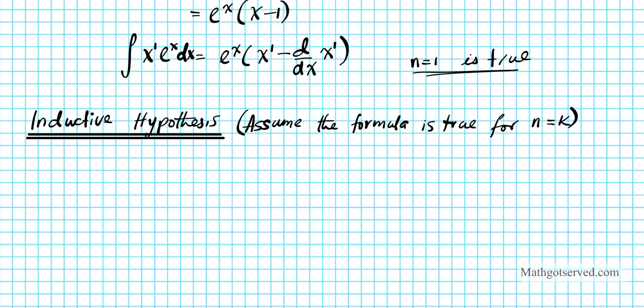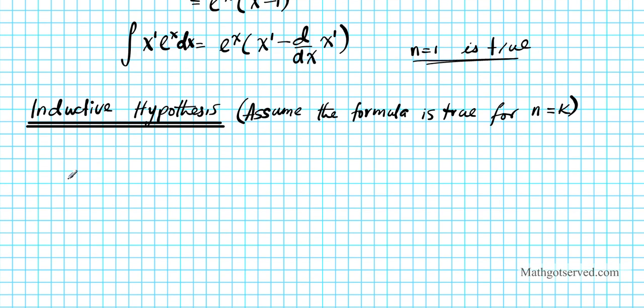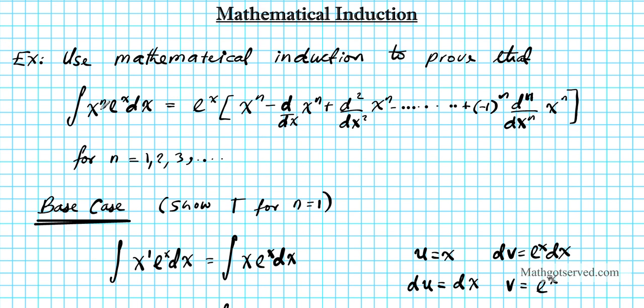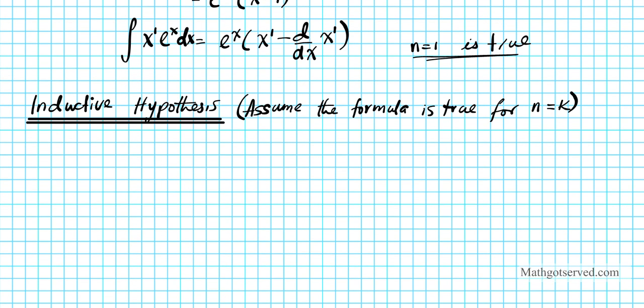Okay? So what on earth does that mean? It means that we're assuming that the following formula I'm going to write is true. All right? How will I come up with it? All I'll do is rewrite this original equation by replacing n with k. So this n I'll replace with k, this n I'll replace with k, and on all the n's. Okay? So we're going to have the integral of x to the k, notice I'm replacing my n with k, of e to the x dx equals e to the x times, instead of x to the n, x to the k